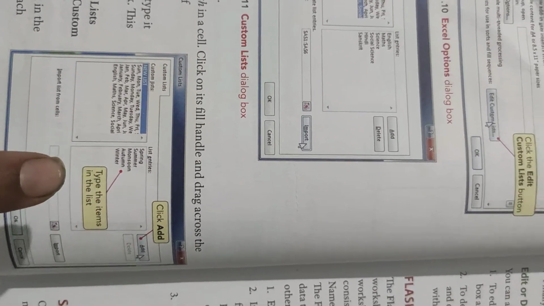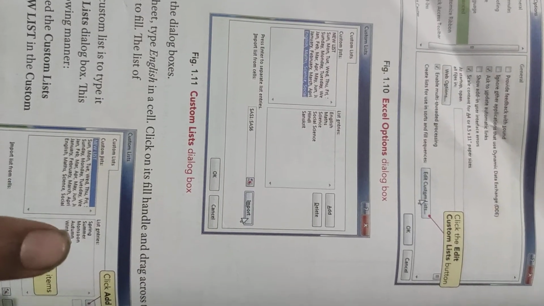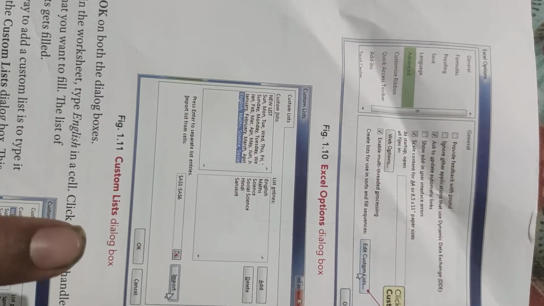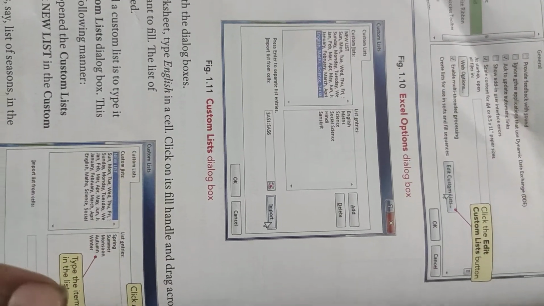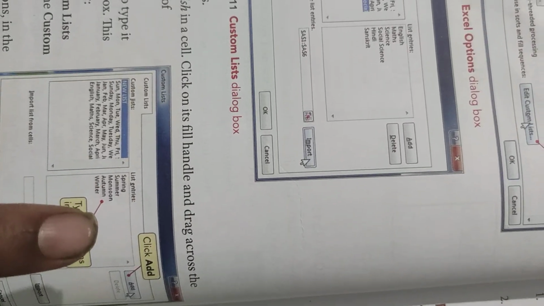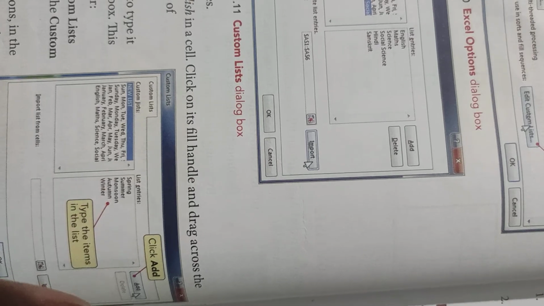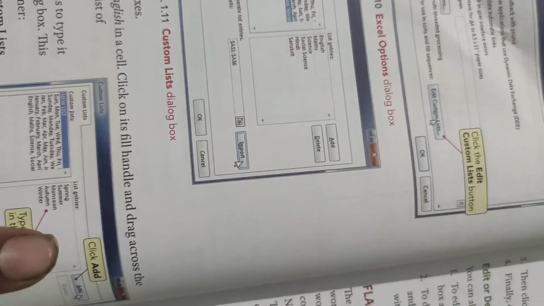In both, all the steps are the same, they just differ in that instead of clicking on import and selecting the data in custom list, we just click on add and enter data. All right, this is the only difference between the two. Rest all the steps are the same.